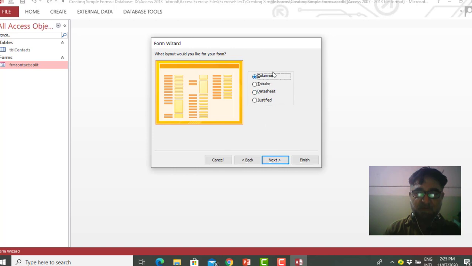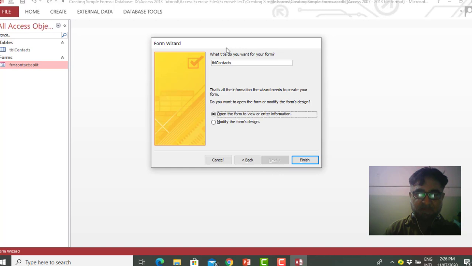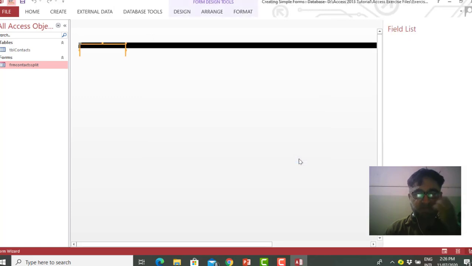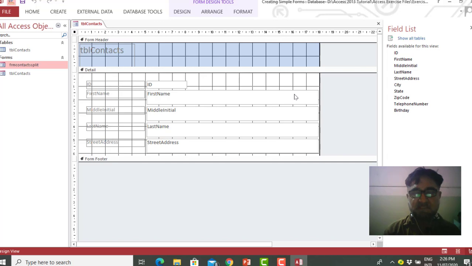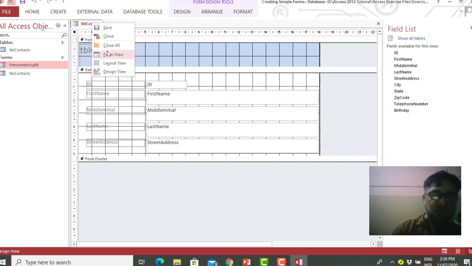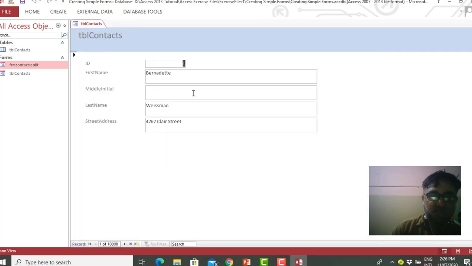I want a columnar. TBL contacts, open the form view to enter the information, modify the form in design view, finish. Look at this, it opens the form in design view. You can open the form again in form view. Look at this, this form is created as the result of the form wizard.